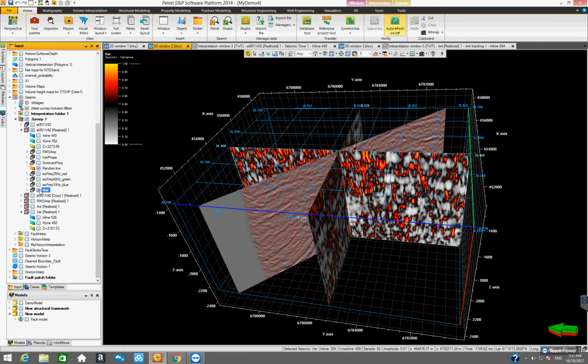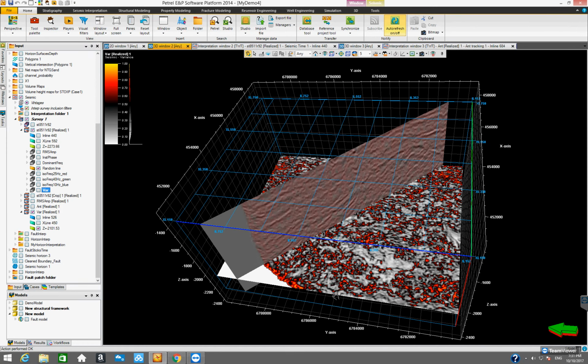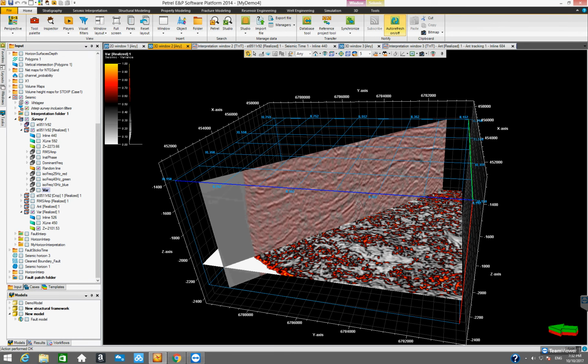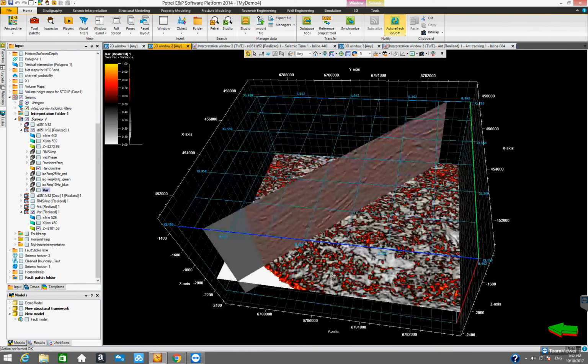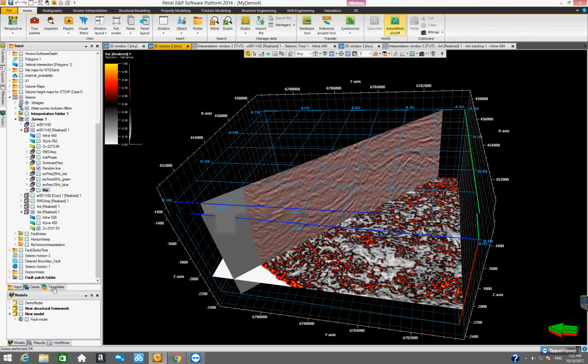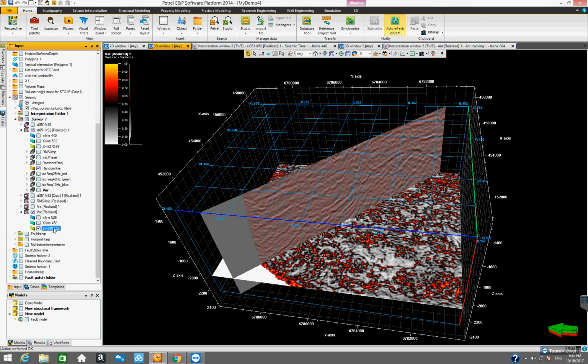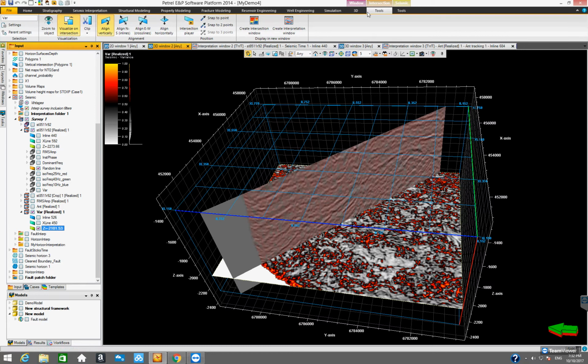Let me turn off the visualization of this one and then turn on the visualization of the... All I want is the depth slice, right? And then now let's try to actually visualize those different frequency content on this particular time slice, right? So here I'm visualizing the var, that's the realized volume, right? And then what I want to do is to actually turn this time slice into a screen, and onto which we can visualize